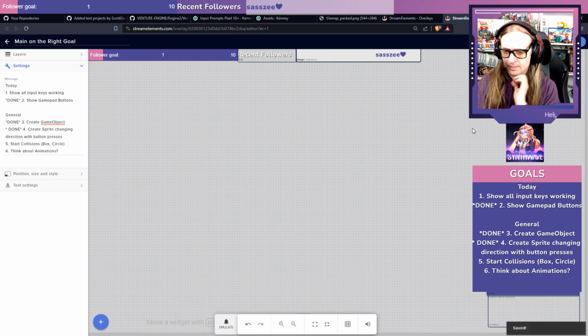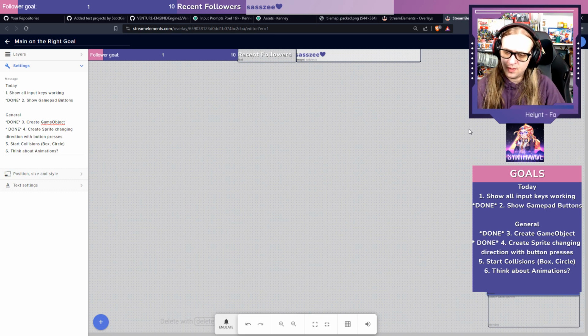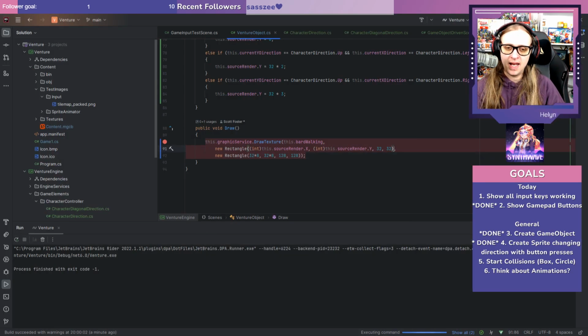At least for now. I can think about doing collisions, but I would like to think about movement before collisions, because I can't really do collisions without moving objects into one another. Also, there's animations to think about as well. How I manage animations with all this stuff. I think what I end up doing there is probably